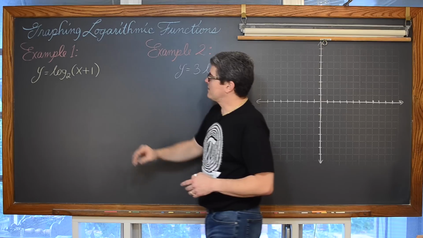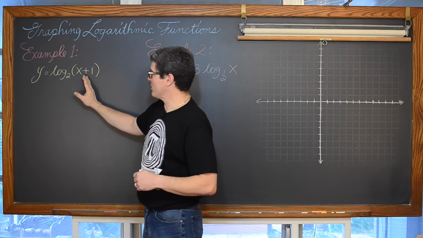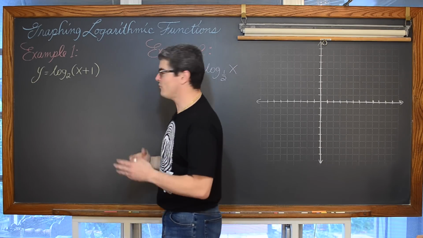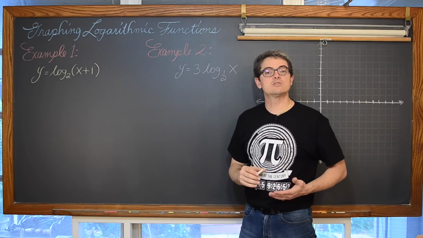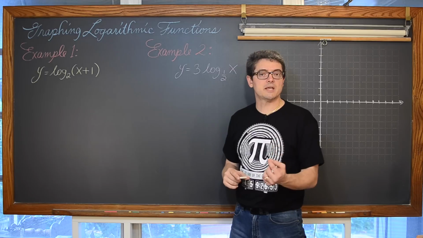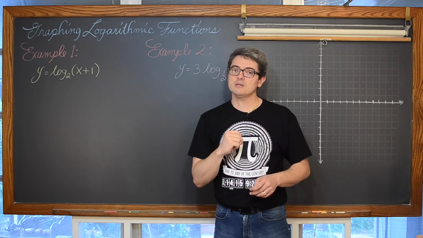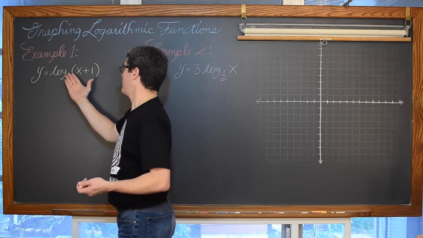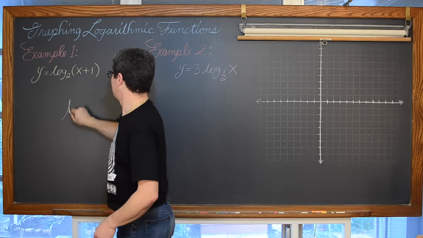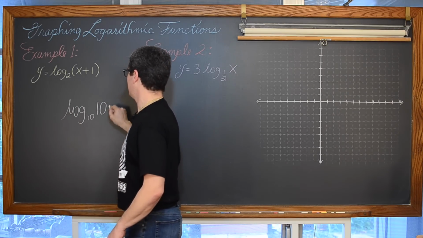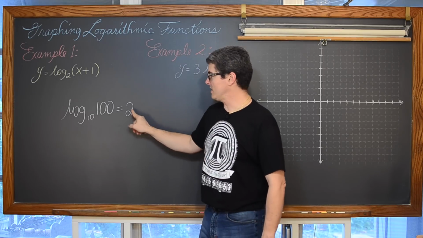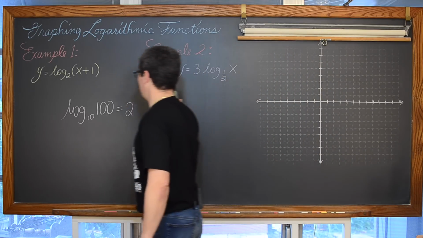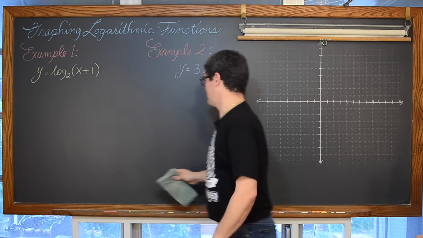Remember that you cannot take the log of a negative number. I'm just sort of reviewing some logarithmic facts here for you. The answer that you get from a log is an exponent. Hopefully, if you're watching this video, you already know it. I like to mention that the common log base 10 of 100 is equal to 2 because the base of that log was 10, common log. If I do log base 10 of 100, we get an answer of 2. That is an exponent. It's 10 squared gets you back to 100. There's at least a 5-second review of how logarithms are related to exponents.